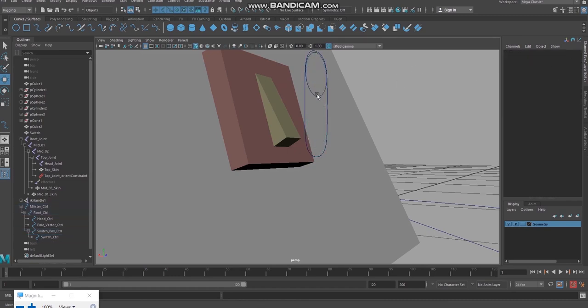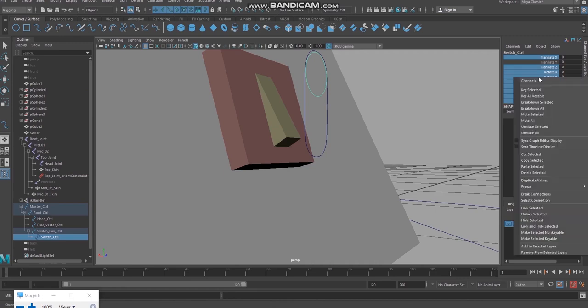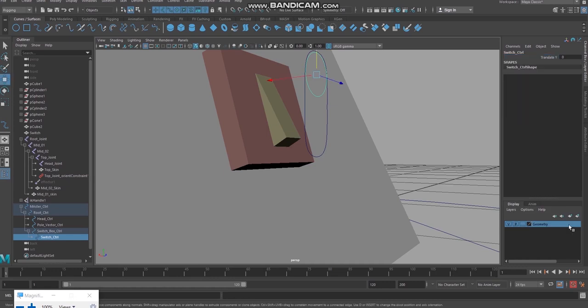Okay, so I'm going to select this control, click on translate x, shift select, sorry, or control select translate z, rotate x, rotate y, rotate z, scale x, scale y, scale z, visibility, everything, and right click on that, give the option lock and hide selected.